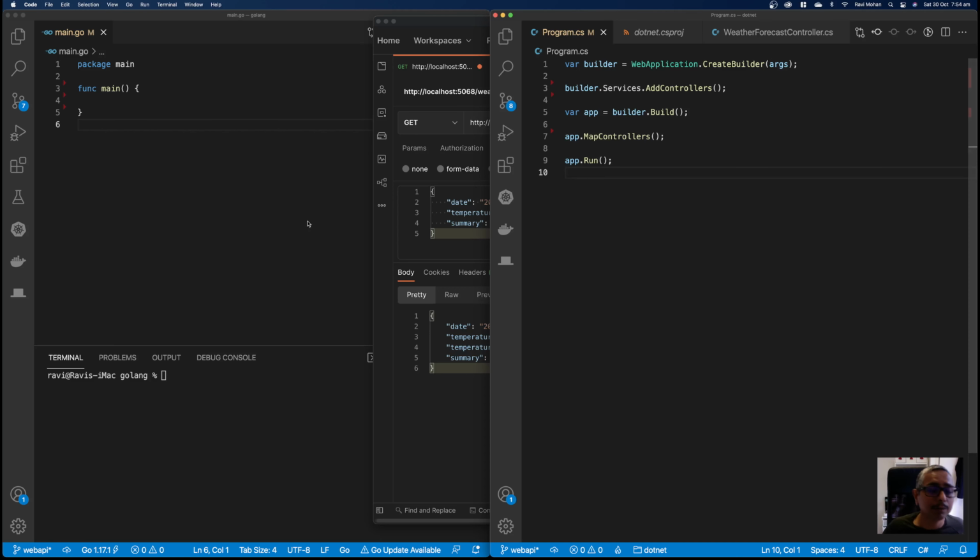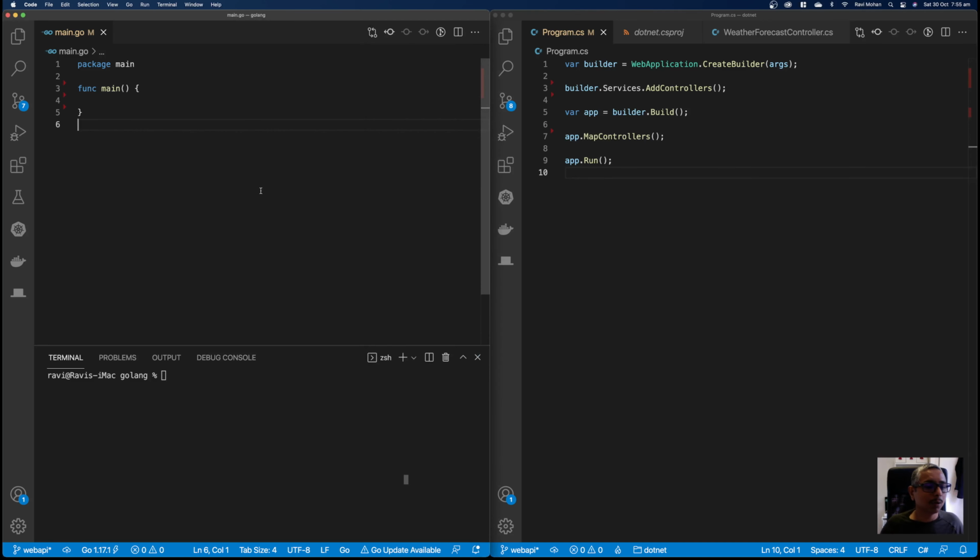Okay, let's see how we do it in Golang. Okay, so Golang, as usual, we start with a blank. So okay,